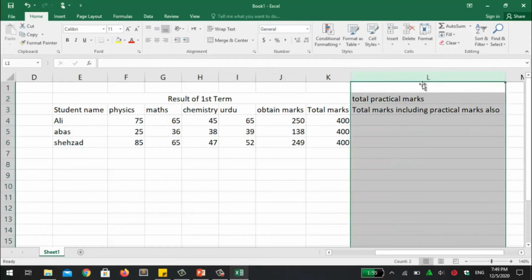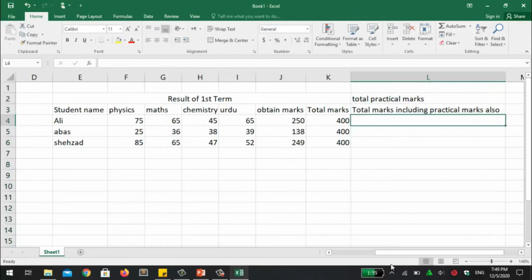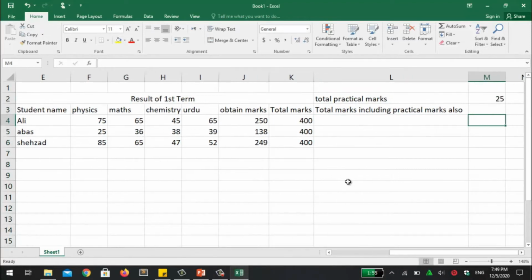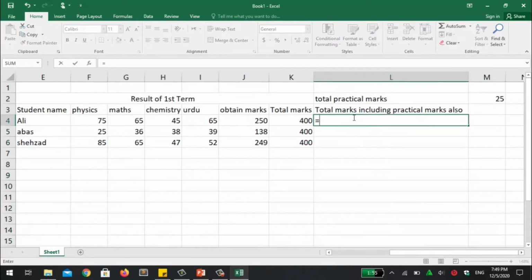So now for absolute cell address, when I am going to apply the formula, equal to this one plus this one,